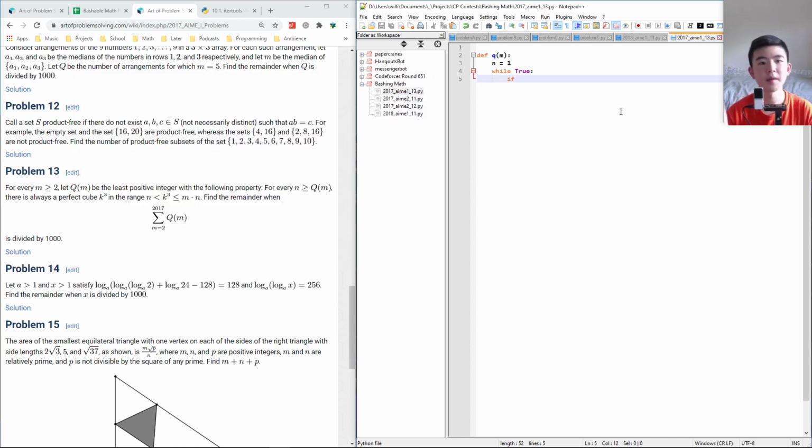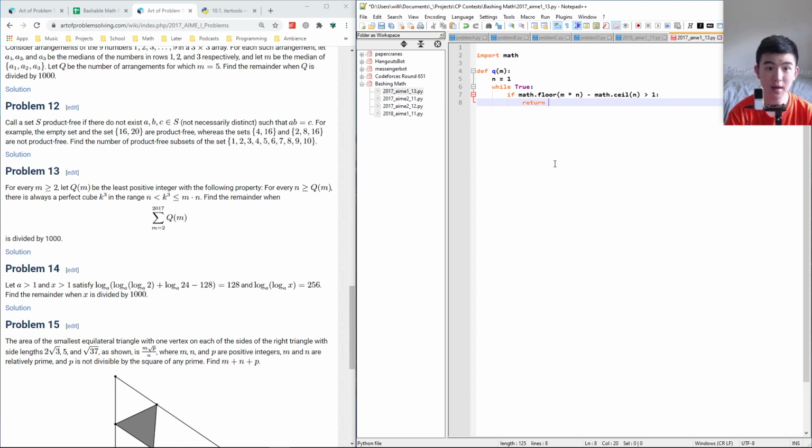Okay, let's see. Import math. So here we're going to find the cube root of m times n, and here we're going to find the ceiling of the cube root of n. We want to make sure this is greater than 1, because then we can fit an integer k in between. Then we can just return... wait, for every n. Oh, yikes. Also, I forgot to make this a cube root. For every n, but if n is great enough,